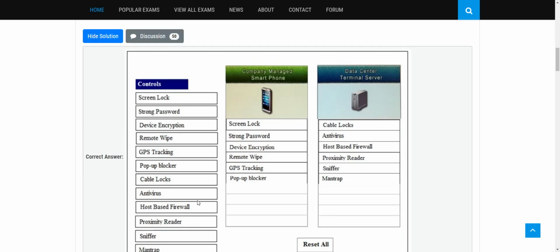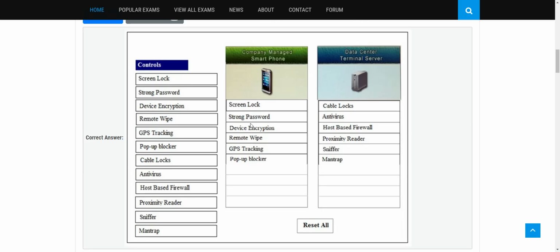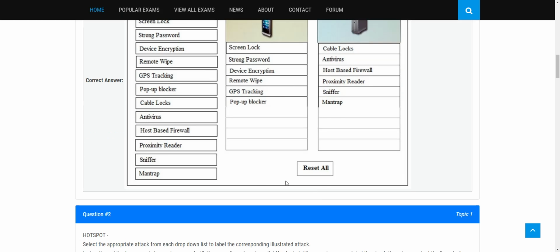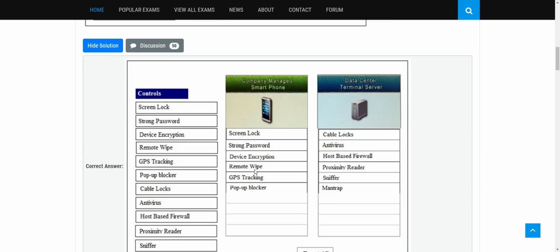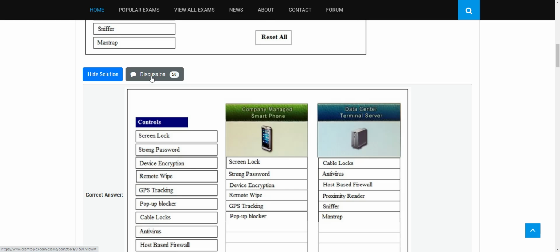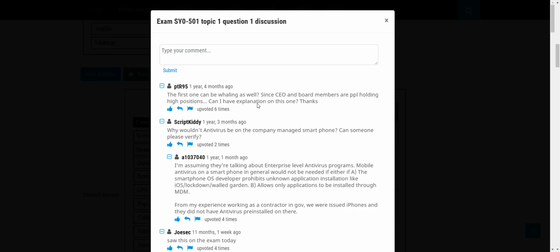So let's check out the answers here. Lock screen, strong password, device encryption, remote wipe, GPS. Not really sure about the answer here. Cable lock, antivirus. Okay, so clearly it seems like someone just took from here to here, put them here, from here to here, put them there. But the great thing about this website is you have these discussions. And so after I go under discussions,